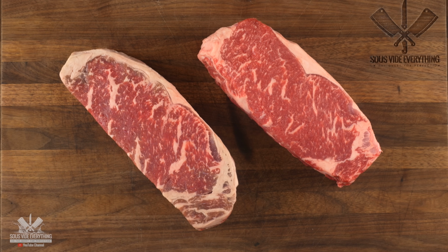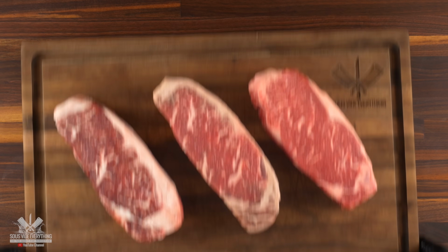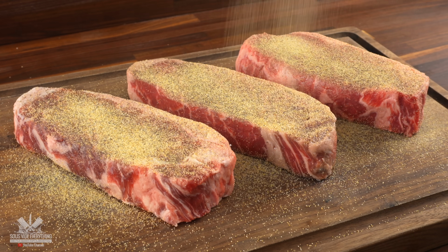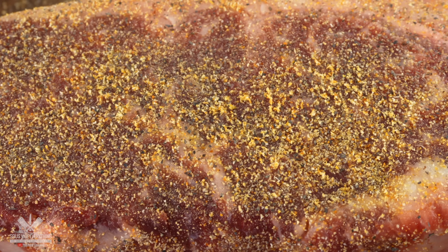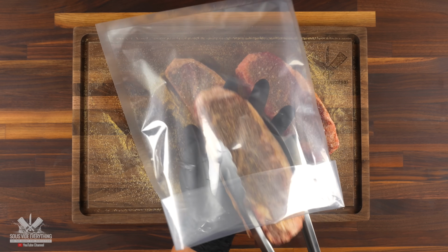because I went ahead and grabbed 2 other steaks. One of them is going to be the 3 minutes and the other one 3 hours. Now that I have all of them ready, I went ahead and seasoned them with a good amount of black pepper and garlic powder. Now remember, the 3-day steak had already salt on it, so that one is done. But the other 2, I must add some salt. So I went ahead and made sure to season them properly,